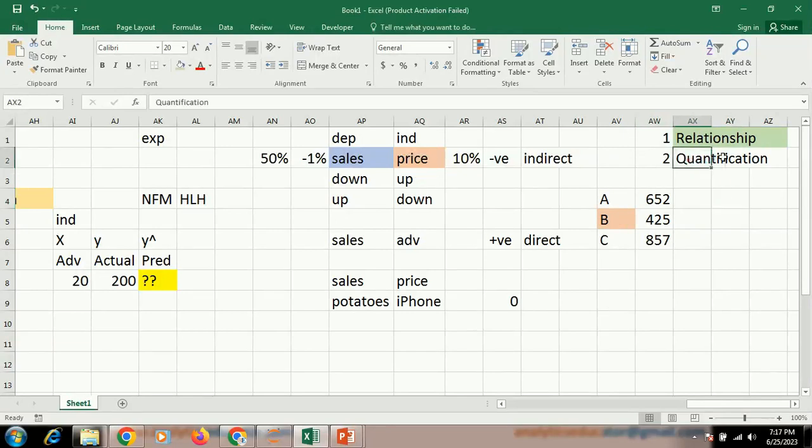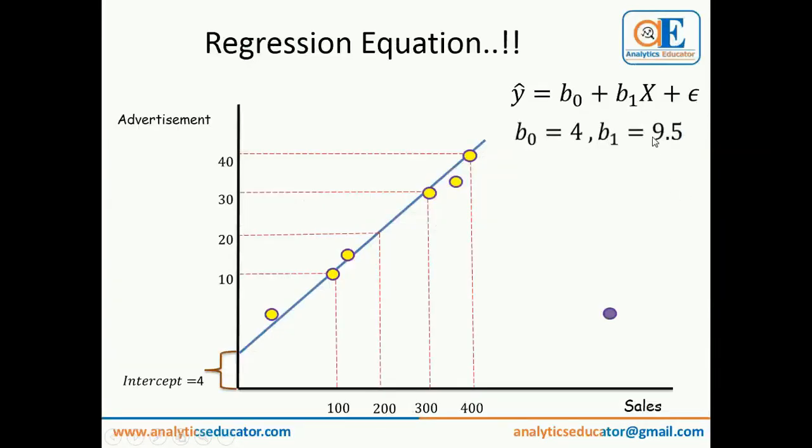And we also get to understand the quantification, which is 9.5. That means if you increase x by 1 unit, so you advertise for 1 rupee, your sales will be 9.5 units. Okay, just simple unitary method. If advertisement is 1 rupee, sales will be 9.5 units.